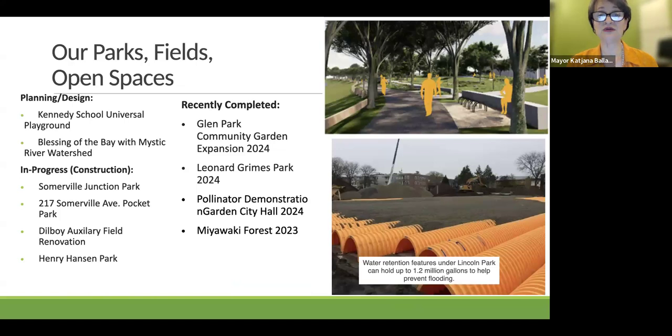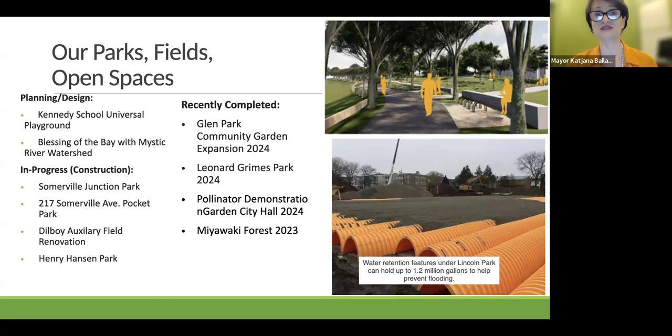We are also continually working to upgrade our more than 80 parks, playgrounds, and fields where we recreate, gather, and play. Projects can also be large, like the construction of Revis Field next to the high school, or small, like the recent expansion of Glen Park Community Garden. We are also doing leading edge work to develop privately owned public spaces known as POPs, P-O-P-S. When new developments come in, we require the large projects to provide new outdoor space that we can all use, and we help design those.